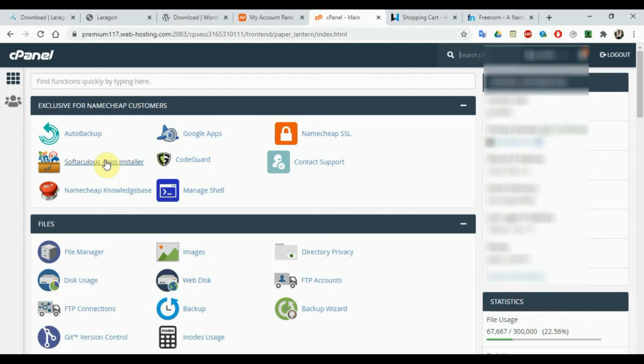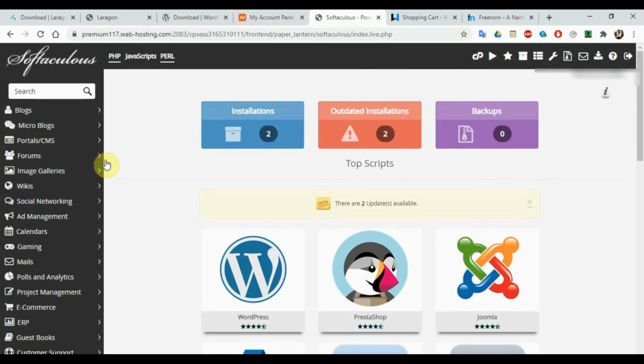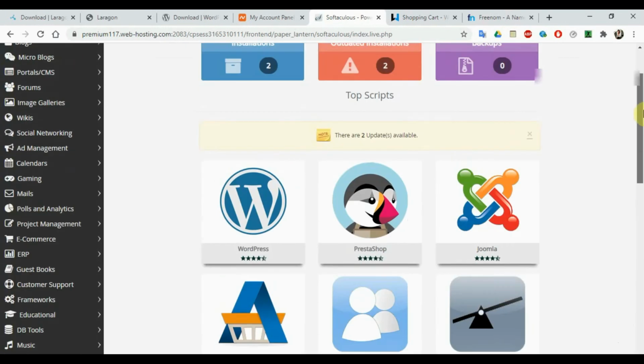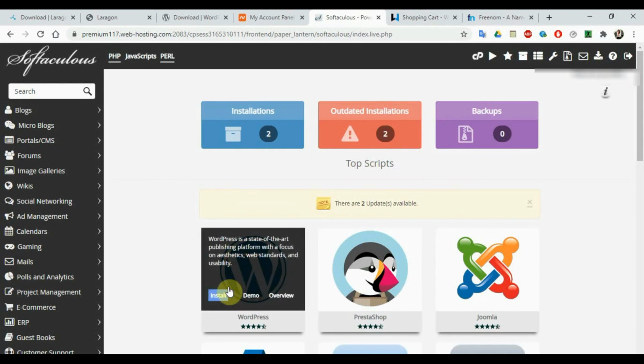So now I'm going to click on the Softaculous application for us to see what I'm talking about. So you realize that you have a lot of scripts here. Lots of scripts here. You can see that. It's even telling me one thing is outdated. Well, I really don't care about that right now. So I'm just going to click on WordPress,